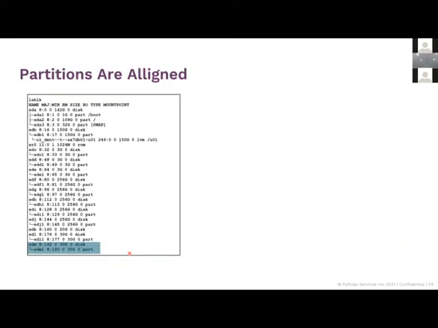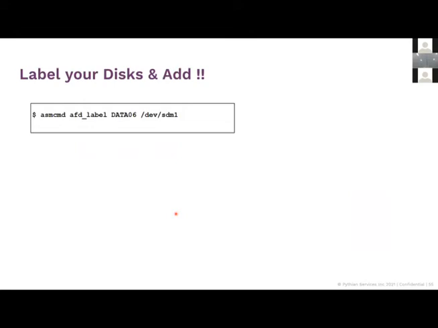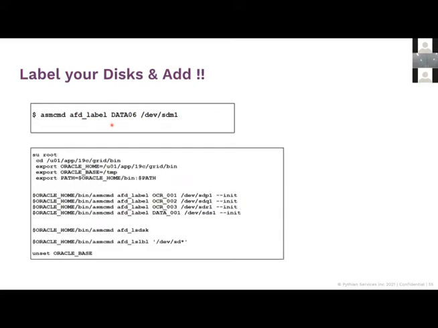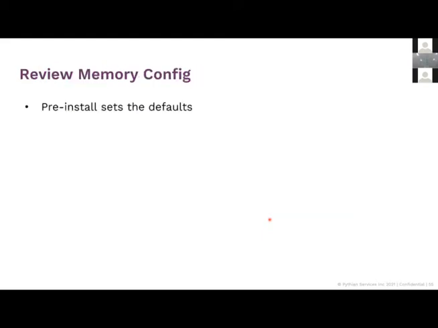Once you do that, the next thing is you want to ensure that the physical partitions of your disks are aligned. You've aligned your disks, and then you check. This is the command you want to use to check if your disk alignment is optimal. Once you've done that, you then label your disks. This is the command to label your disk, asmfd. And just a note that if you've not yet initialized your system, init would be the way to do it, because your filter driver has not yet been installed. So in a new installation, this would be the command.